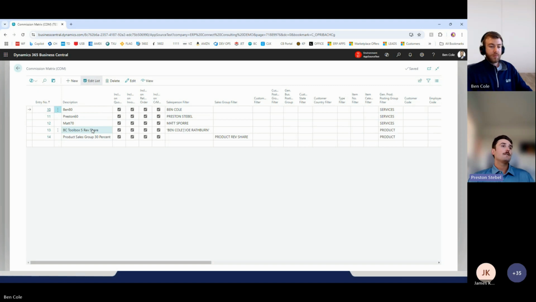So for this one, we created a sales group like Ben showed earlier. We added a couple employees to that. And so what this is saying is whenever there's a GenProd posting group of product and the salesperson is inside the sales group of product rev share, it is going to essentially get that 30%